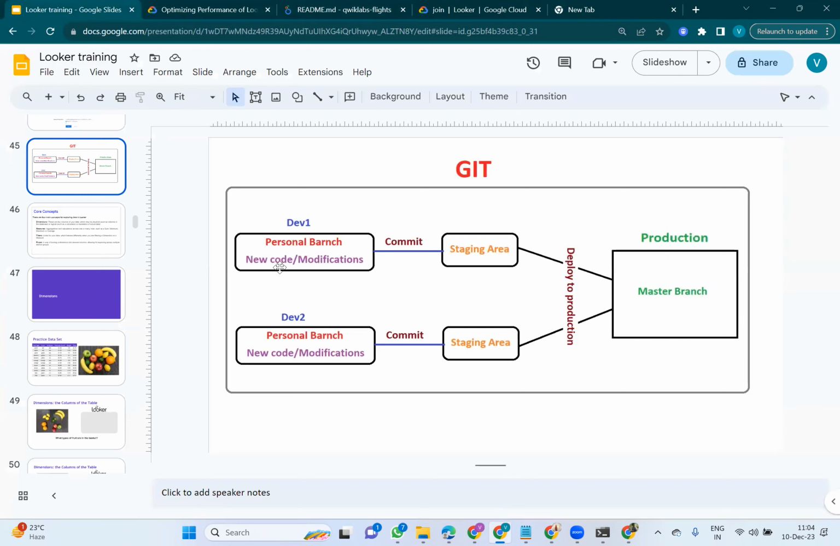First you develop new code or modification you have done. You commit and push. Where will it go? In staging only. It does not go to the production unless you deploy it. So till your deployment, you can do anything. You can commit and you can push and it will go to the staging only. For example,